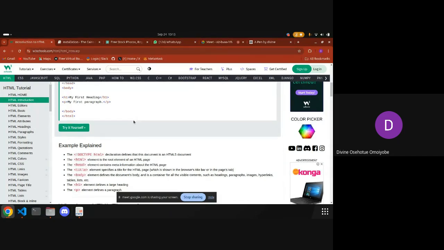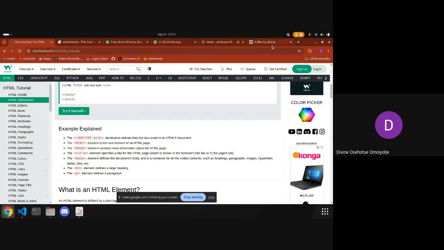So the HTML element is the root element. We'll go to the hierarchy of elements later. But for now, just take it as the root. So anything you're writing in HTML has to be completely encased in the HTML tag. All right. So next, we have basic elements in HTML, and they include the head,